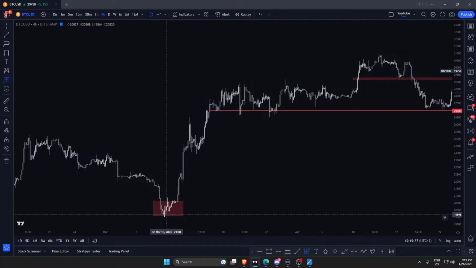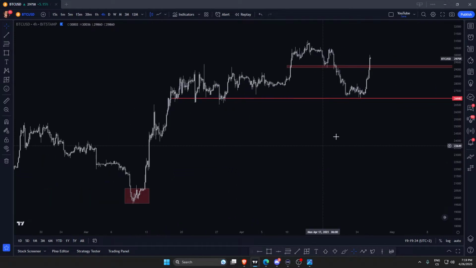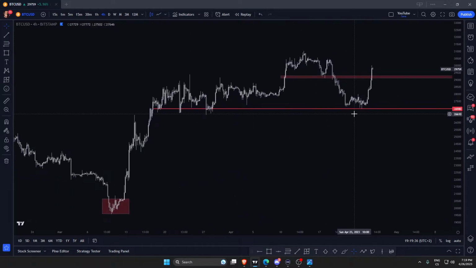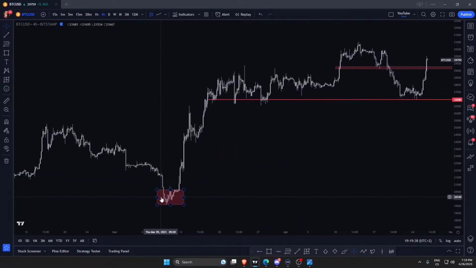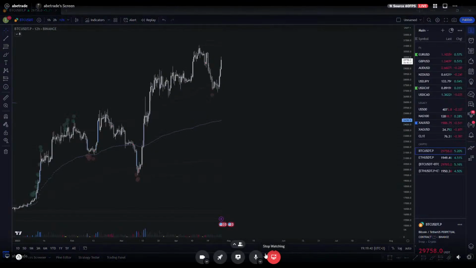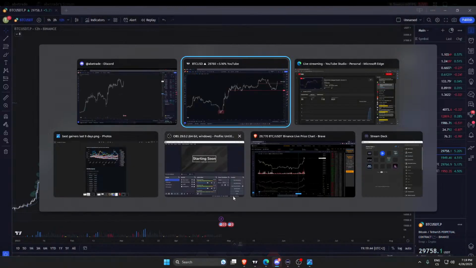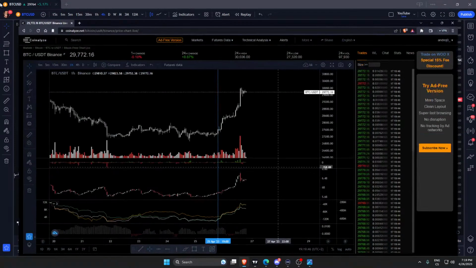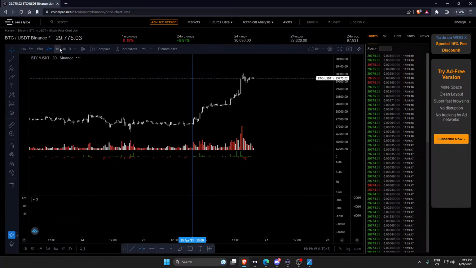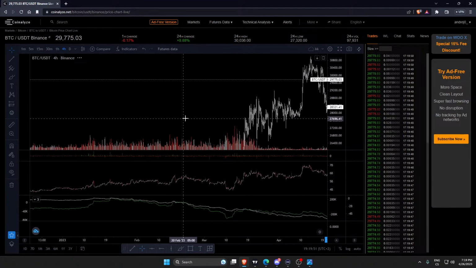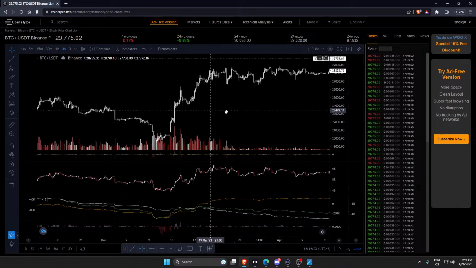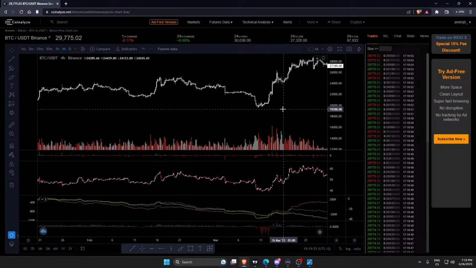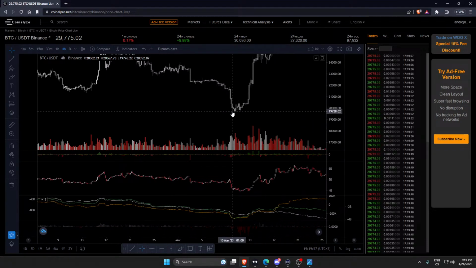It was completely silly. What is kind of different from the move we had yesterday and today, and this bottom in March? In March it was way more obvious that there was huge buying in spot. If you look at Coinalyze and scroll all the way back to March, I remember looking at that bottom, because I didn't really have a level, and I believe we were talking about this on a stream as well. I know a lot of people were buying the bottom.